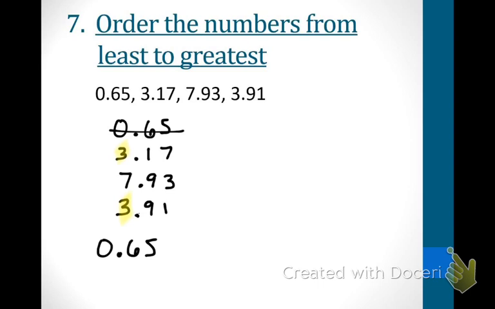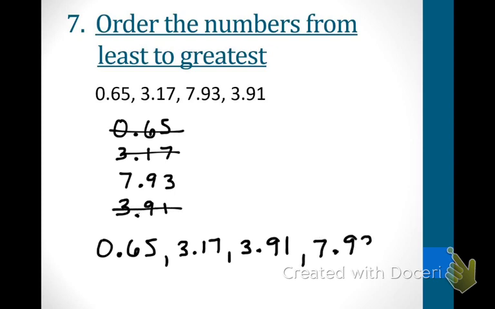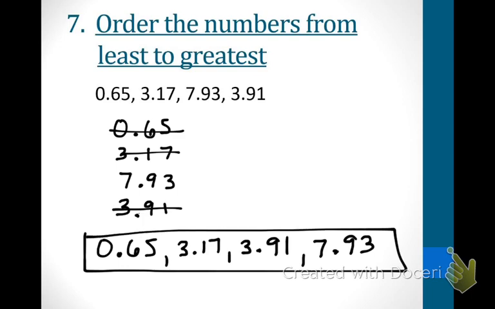We have to look at the tens place. So 3.1 or 3.9? Which one's the next tiniest? 3.1. So we're going to rewrite that as our next one. 3.17. Asia, what comes next? 3.91. Good job. And Gabby, what's the largest one? 7.9. Very good. So remember, before a test or a quiz or even on homework, you want to just double